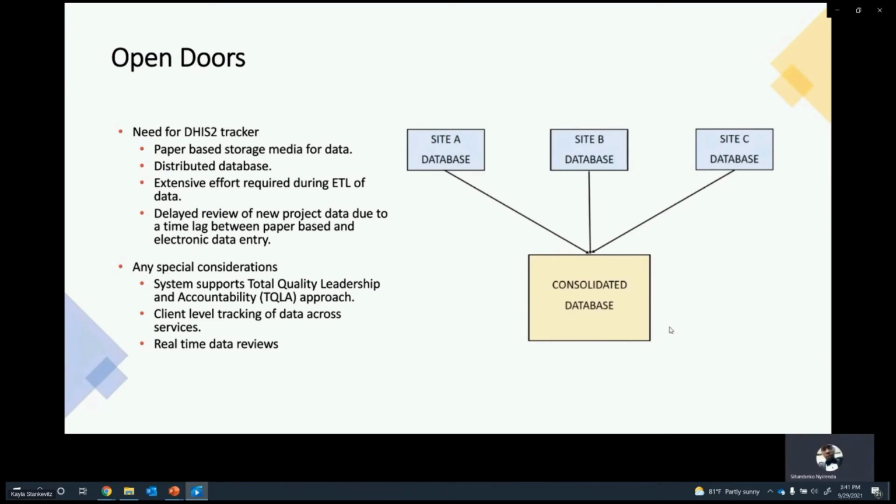performed. Another factor that contributed to the need was that there was a delayed review of new project data due to a time lag between our paper-based data entry and our electronic data entry. So some considerations of note that